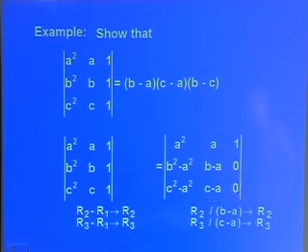Now, on this I apply further elementary operations. The idea is one can very easily see that b minus a can be taken outside from this row and c minus a can be taken outside from this row. So, I say R2 divided by b minus a is the new R2 and R3 divided by c minus a is the new R3. So, if I apply these operations on this matrix, then what I get is